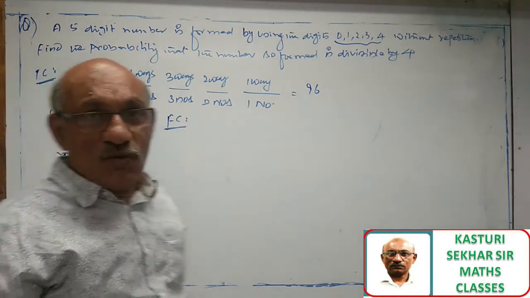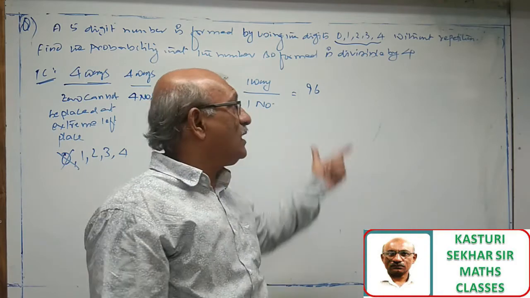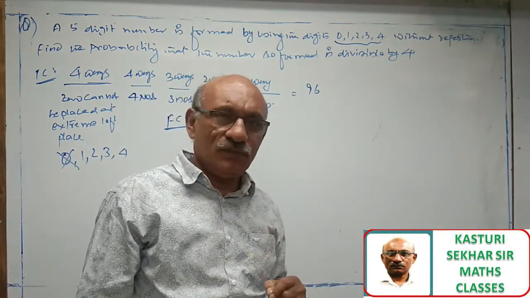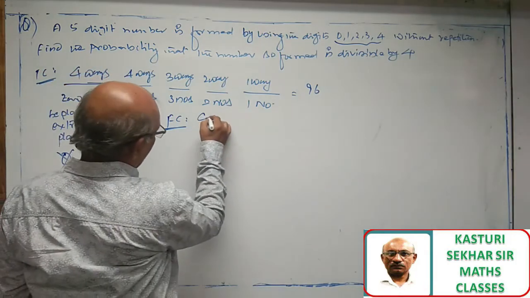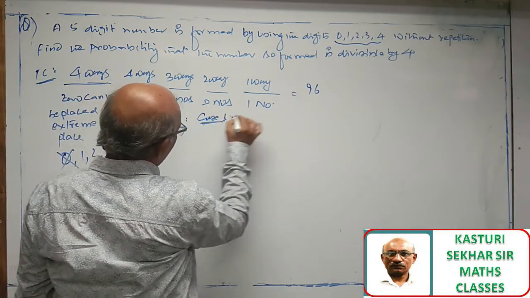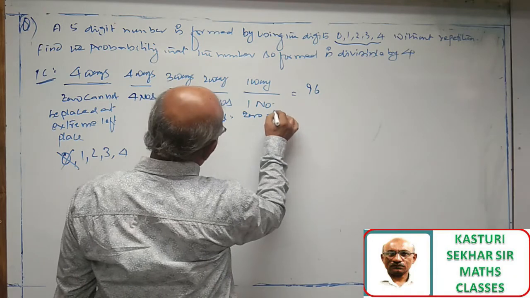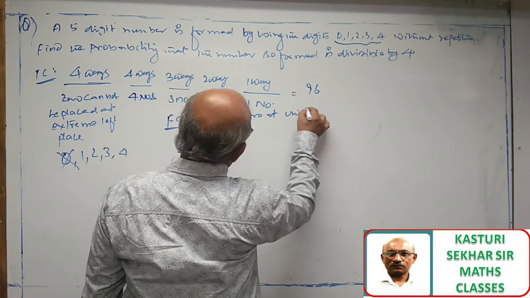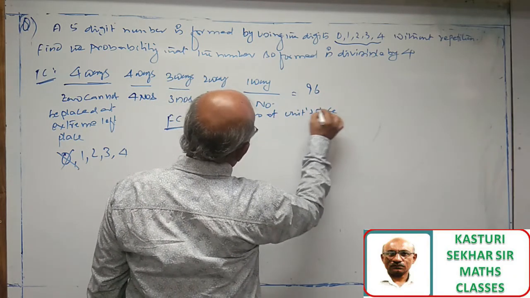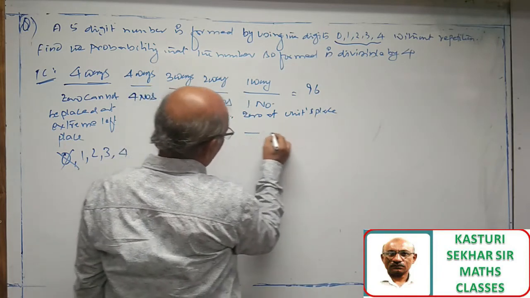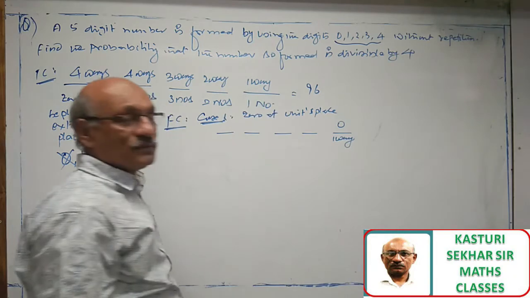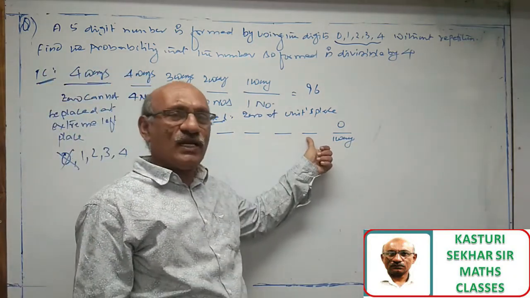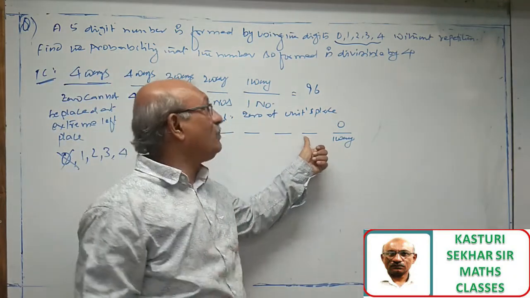Now, sir, 0 I have, and the number should be divisible by 4. So I am giving special treatment to 0. Look at this case 1: 0 at the units place. Fix 0 at the units place. Whatever number you have at the tens place, definitely it is divisible by